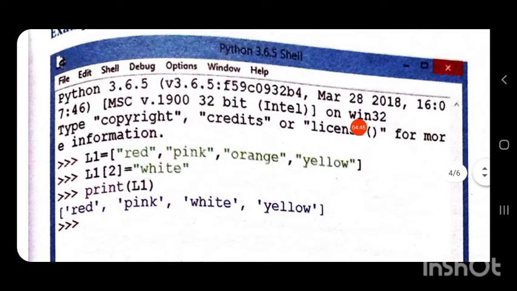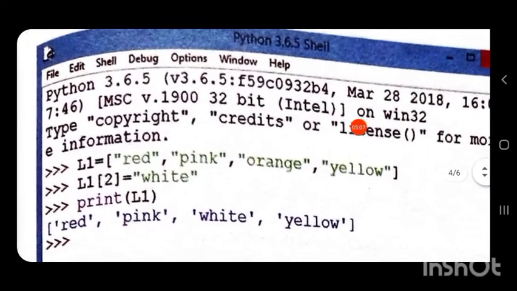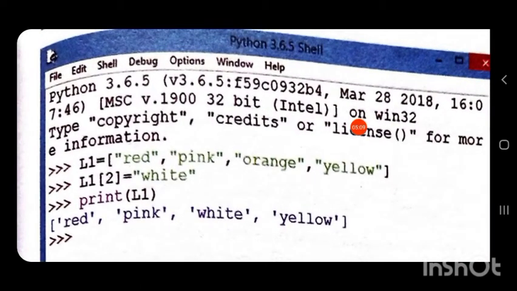Now, L1[2], that is, we are updating the list at index position 2, changing the value at index position 2 to white. At index position 2 the item is orange and we are replacing it with white. How can we do that?